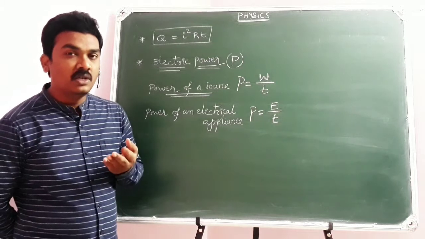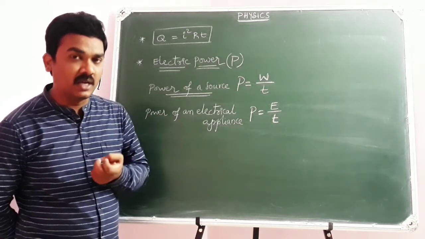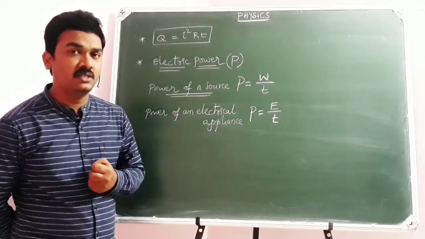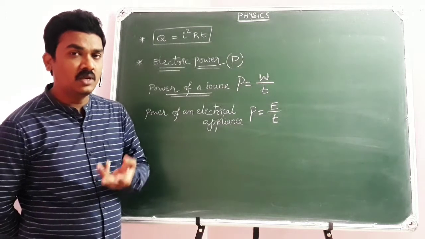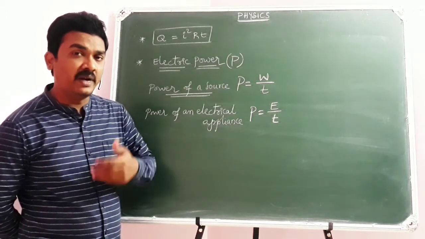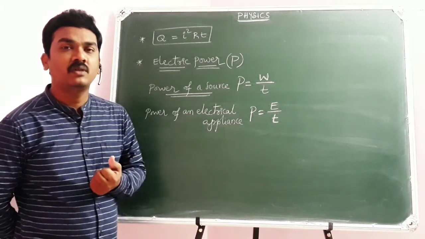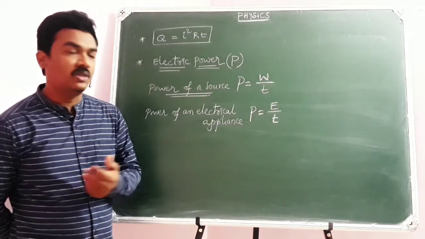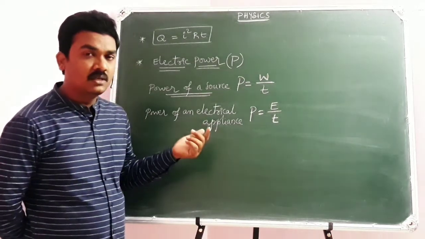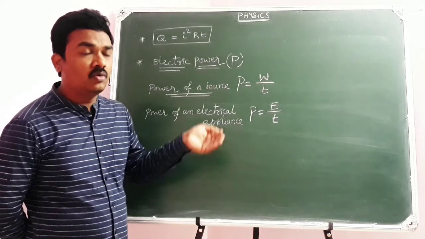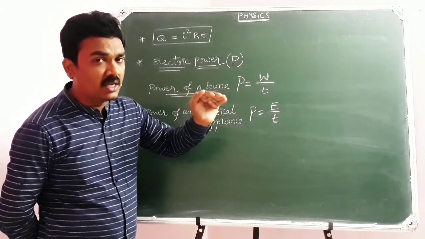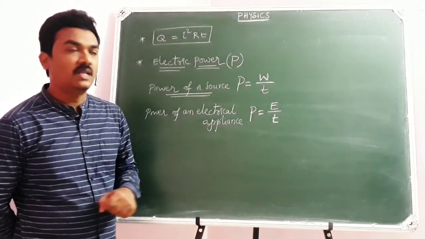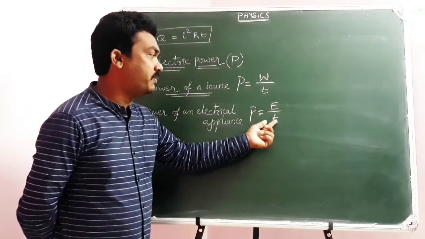I am teaching you, and in what better way you are receiving my class, at what speed you are able to receive my class, how fast you can understand my class, and in what better way you can reproduce it in the exam. They all explain the assessment of a student. So the power of an electrical appliance explains the amount of electrical energy consumed by the appliance in 1 second, per unit time. That is power of an electrical appliance.